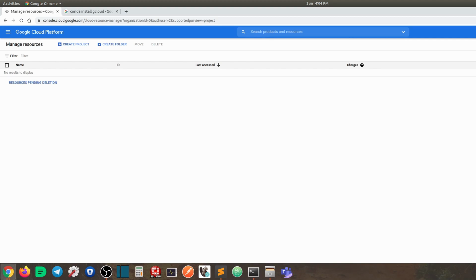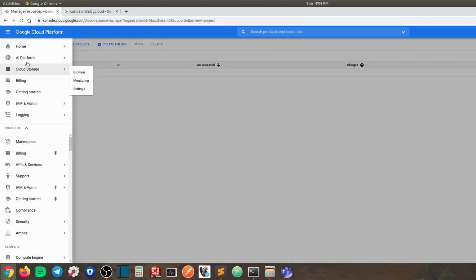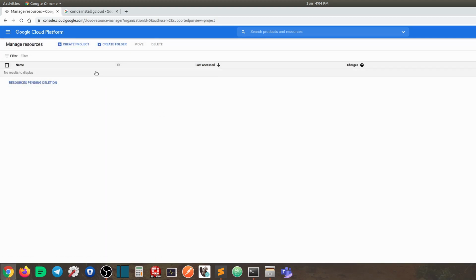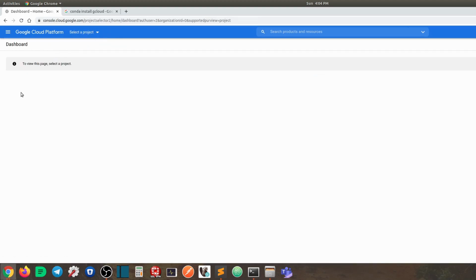Today we are going to go over some basic setups to allow us to use GCP to deploy machine learning models from the command line. First, let's start by creating a project. Right now I don't have any projects in my GCP, so it's showing nothing here. So I'm just going to go to the dashboard here,